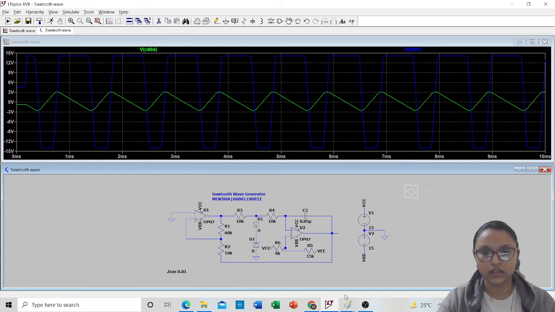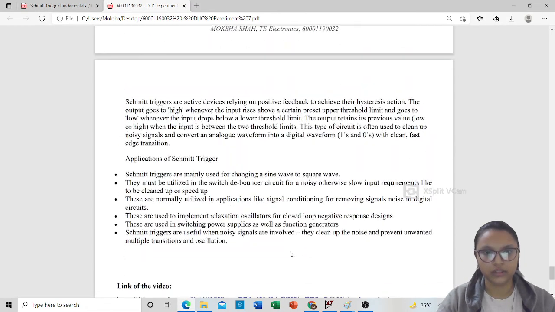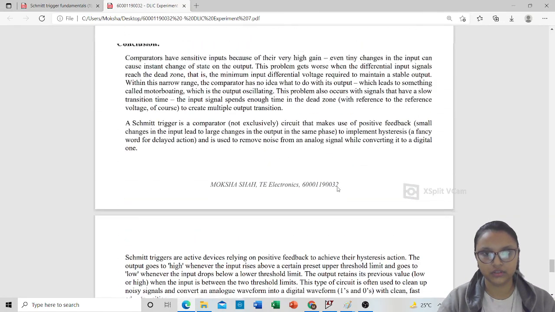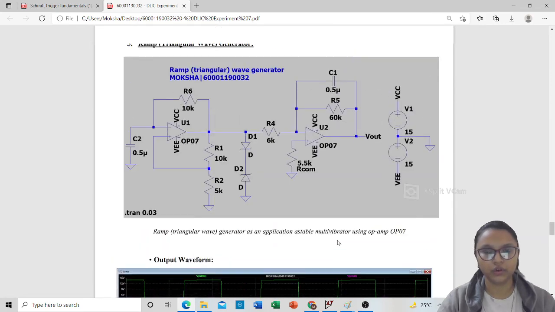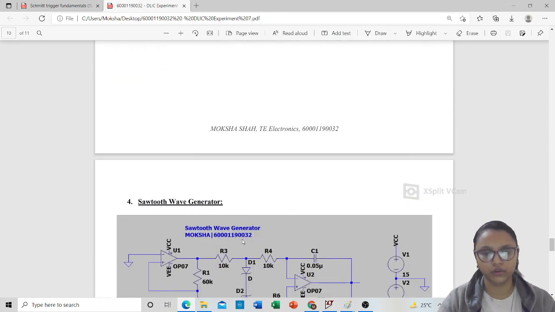So this is the sawtooth waveform generation, in which the output gets changed by the potentiometer that we have connected to the other op-amp. So this was the sawtooth wave generation. So in this experiment, we saw the Schmitt trigger and its applications, that is the astable multivibrator, through which we also saw how to give the output a ramp and the sawtooth waveform also.